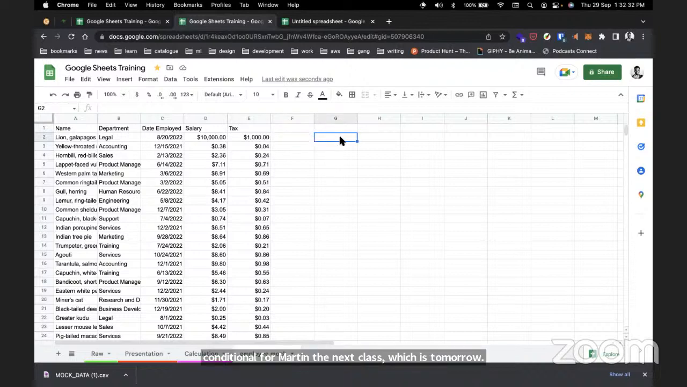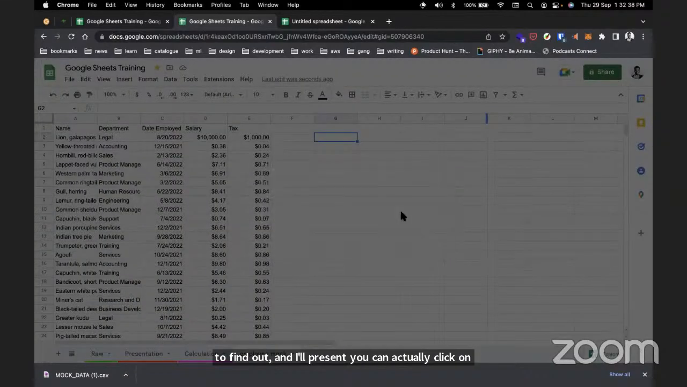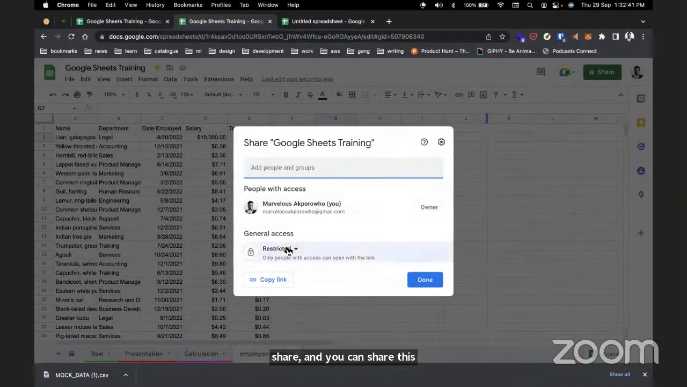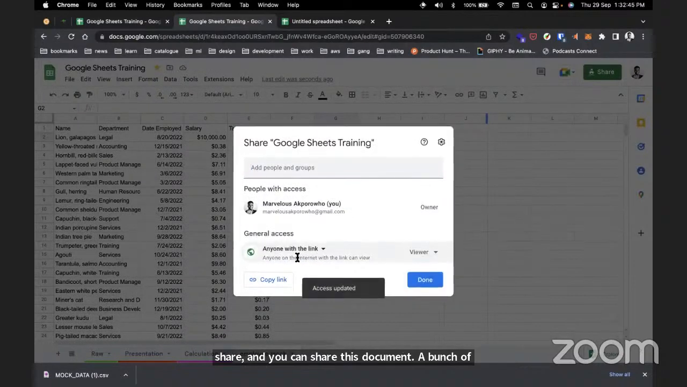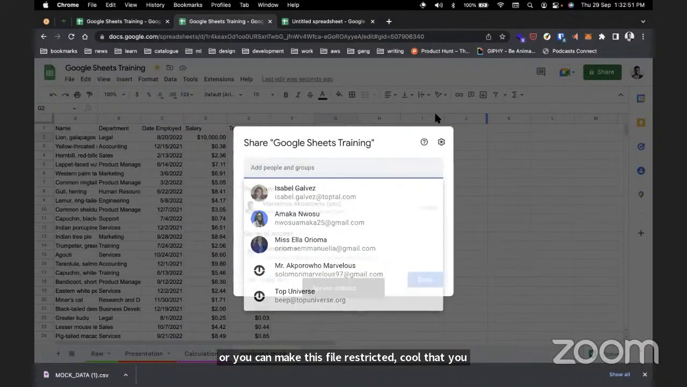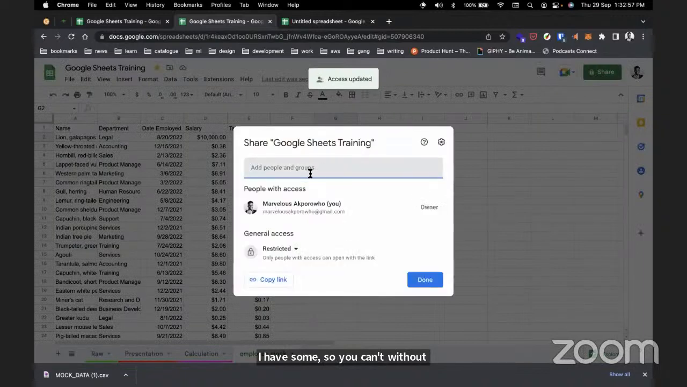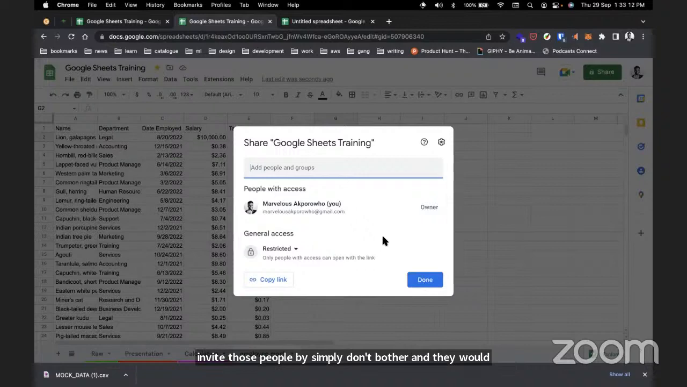Invite your friends. The final thing on our presentation is that you can actually click on share, and you can share this document or this spreadsheet file with a bunch of friends, right? So you can say anyone with a link can access this file, or you can make this file restricted to the set of people that you invite. So you can simply click on this and put in the email that you want to invite, right? When you have those emails up here, you can invite those people by simply clicking on the done button, and they would receive a notification via mail,